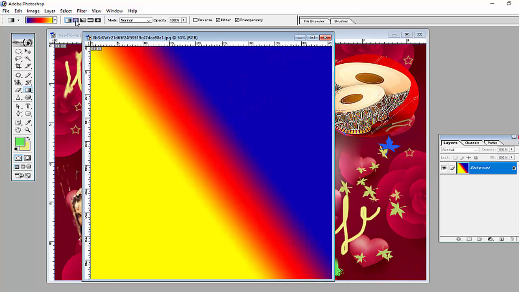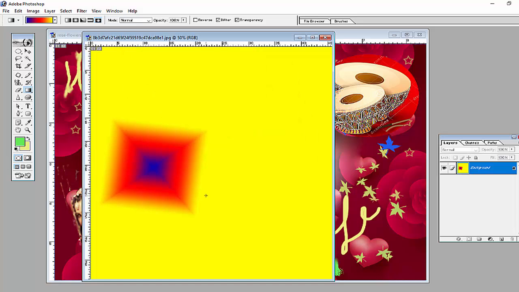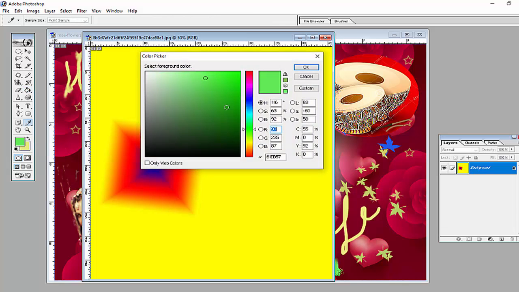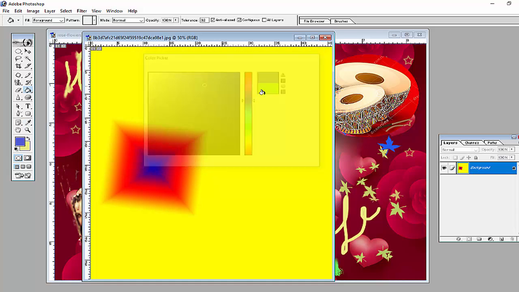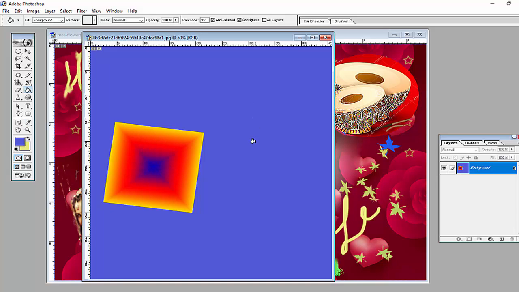Or if you want to fill a radial gradient, you can use this, and angle gradient, reflected gradient, try all these types of gradient and you can fill them in the image. And similarly, if you want to fill a simple color, use the paint bucket tool. The pointer will become like a bucket, and you can fill the color which is set in the set foreground color. This color will be automatically filled using this paint bucket tool.